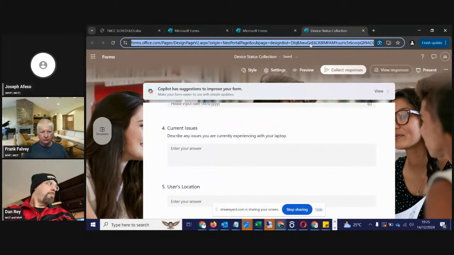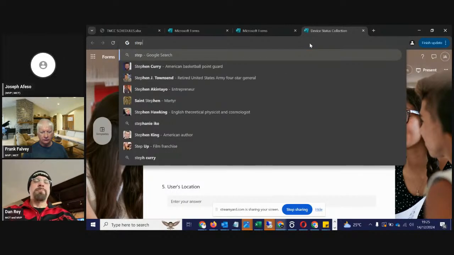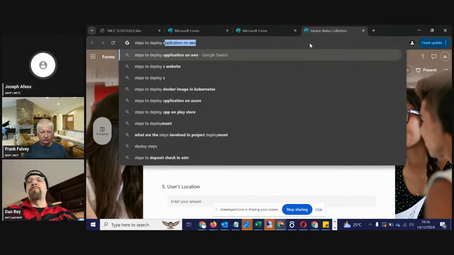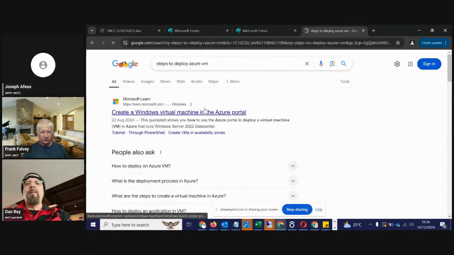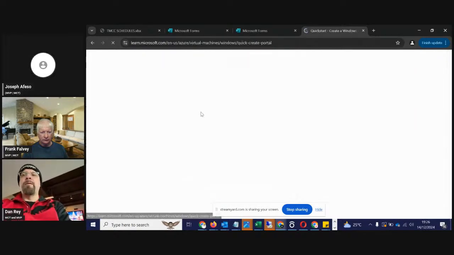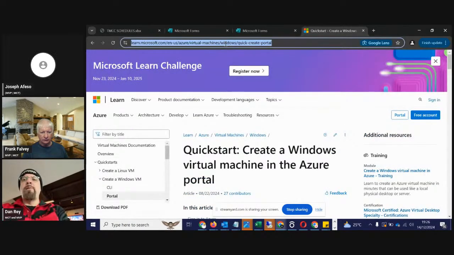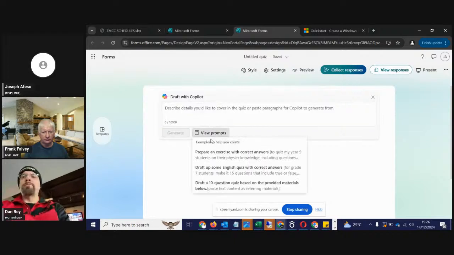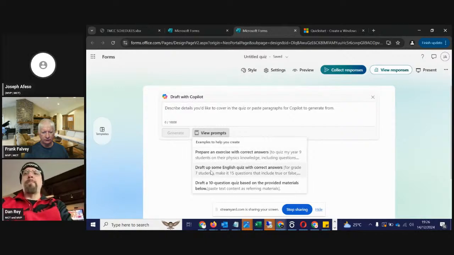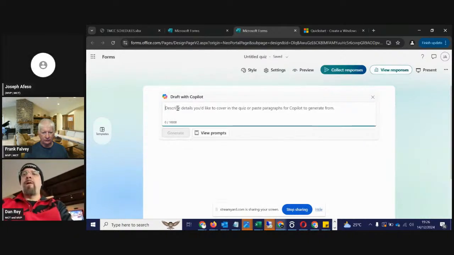Let us see steps to deploy Azure virtual machine. Okay, let me see. So if I come here, what I just want to do is to see if I can bring the link and say it should form questions from this. Generate. Before then, let's look at the inbuilt prompts view. So it's going to say prepare an exercise with correct answers. Draft up some English quiz with correct answers. So it's more like create, draft, like giving it a command. Let's say okay, create